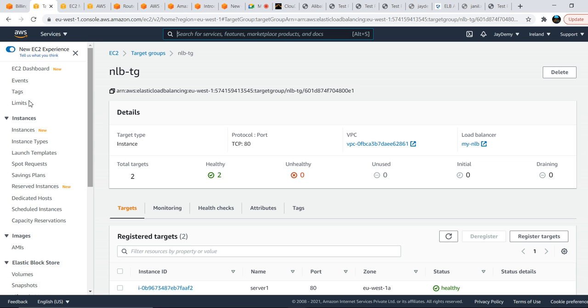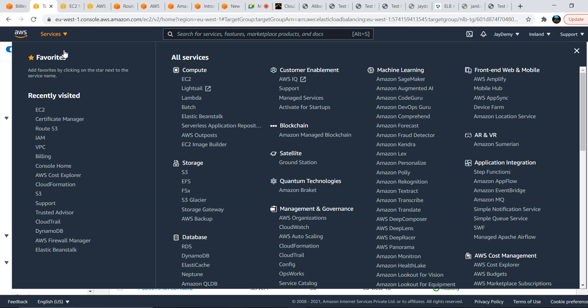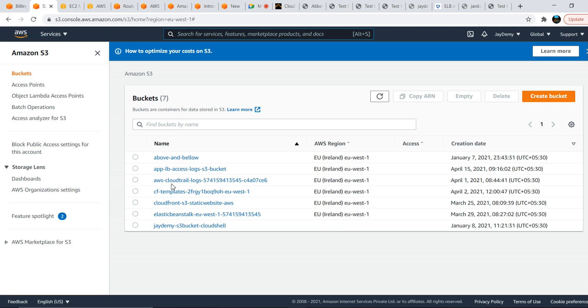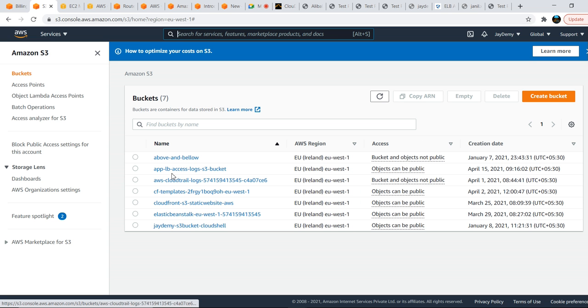Let us navigate to the S3 console. See, we have given an app load balancer access logs S3 bucket.